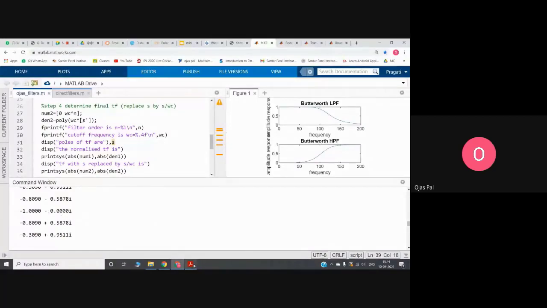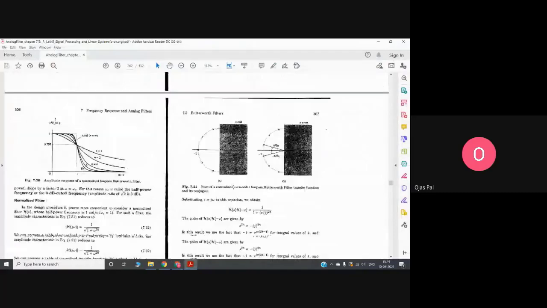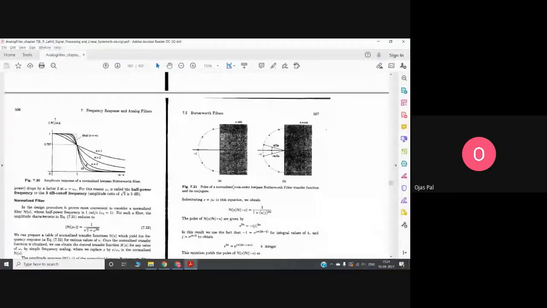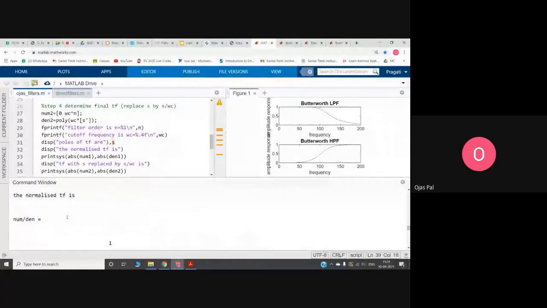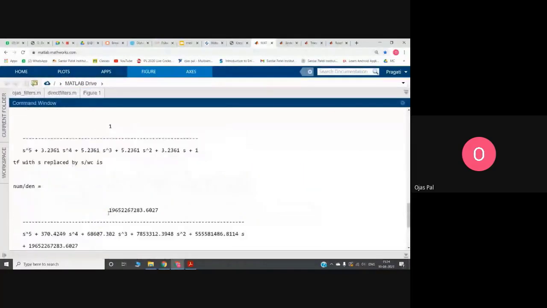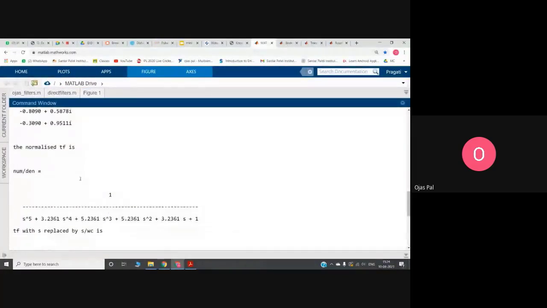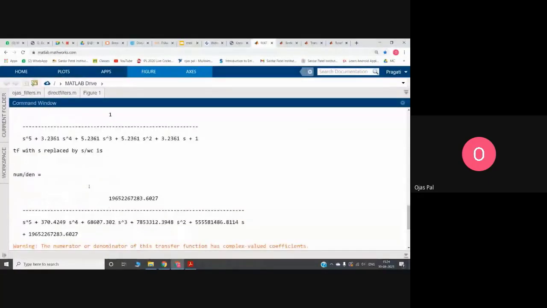If you want to see the representation, here is, so the poles will look like these. As there are odd poles, 2 poles will be here, 2 poles will be here, and 1 pole will be at -1. Here you can see those. And this is the normalized transfer function, first one, this, and this is the final transfer function.